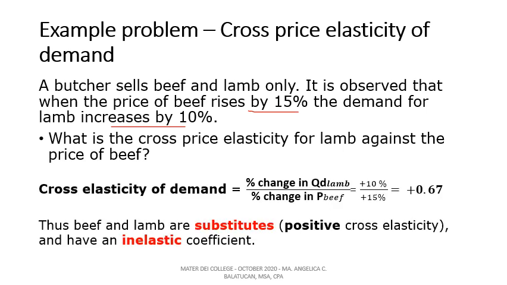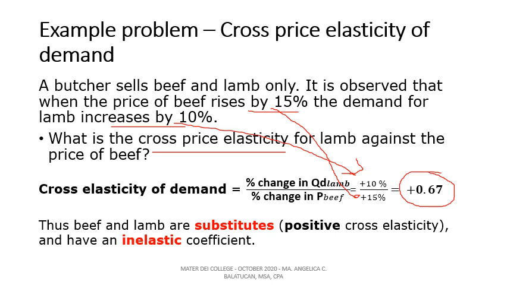Let us substitute the given information to get the cross-price elasticity for lamb against the price of beef. We have our numerator, the percentage change in the quantity demanded of lamb, over the percentage change in the price of beef. Since the percentage changes are already given in the problem, we will just substitute these in our formula. For the rise in the demand for lamb, we have 10%. And then we also substitute the increase in the price of beef, that is our denominator. Dividing positive 10% over positive 15%, we will get